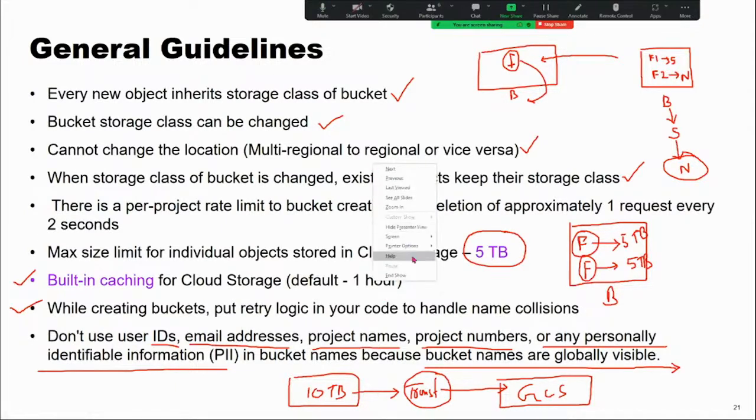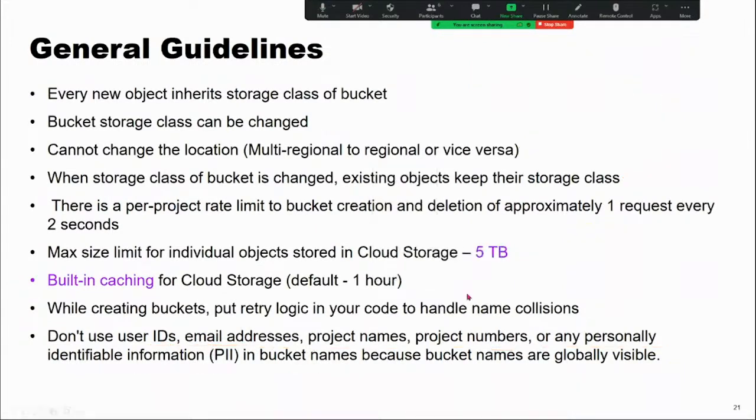Do you have any script? Through script also we can create a bucket? Yes, like through a Python script we can also create a bucket. While we are talking about Dataproc, Dataflow, Cloud Composer, anyway at that time we are using Python. So we will see how we are creating a bucket from Python and how we are storing the data. So that we will see from there.